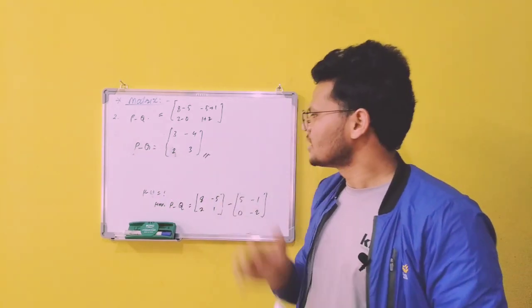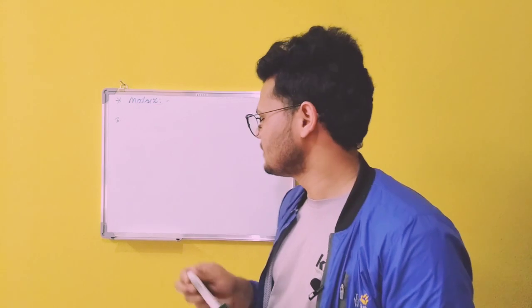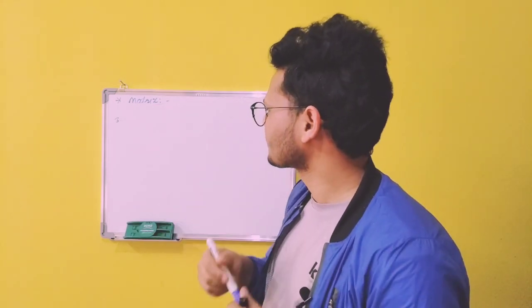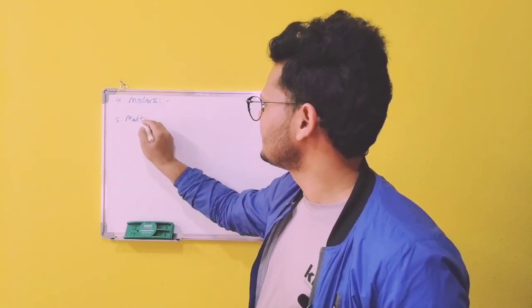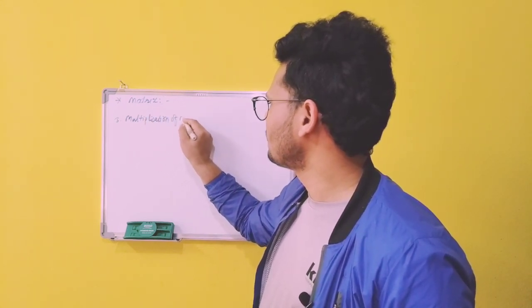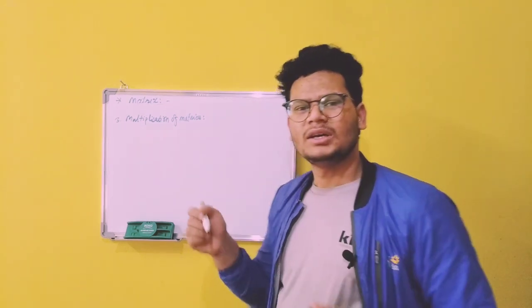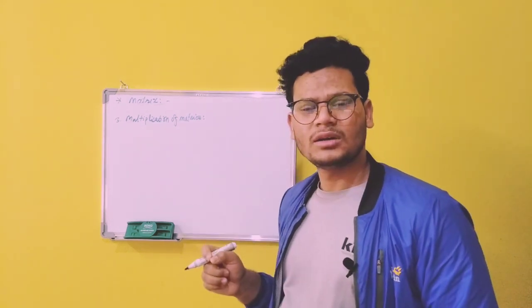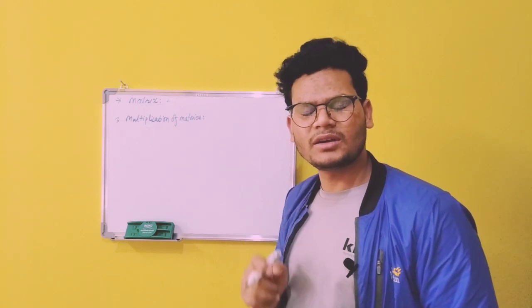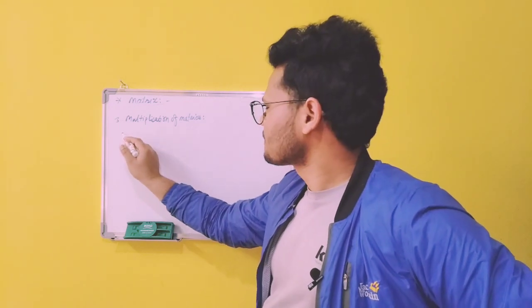In this way you can subtract any 2 or 3 matrices, right? The third operation is multiplication of matrices. How do we do this multiplication of matrices? There is also a common, simple condition. The condition is this: